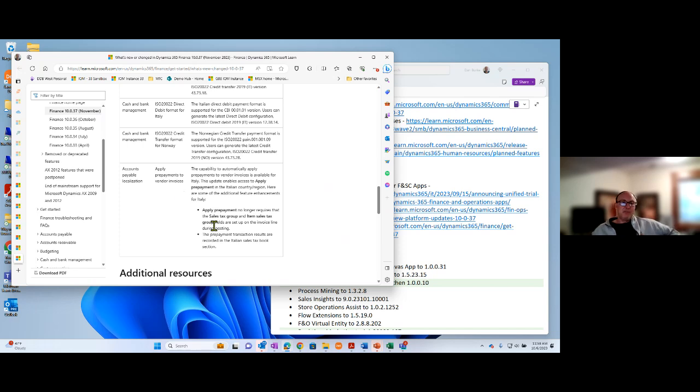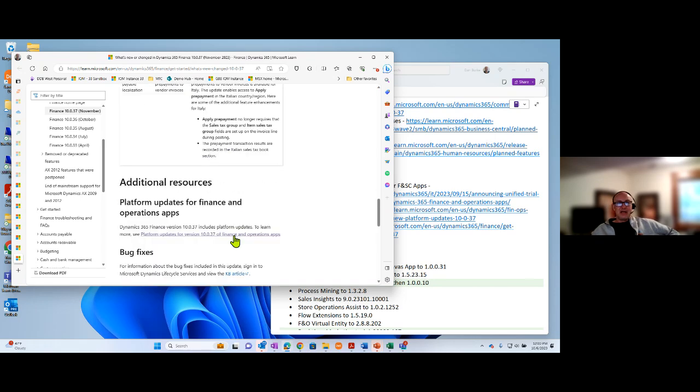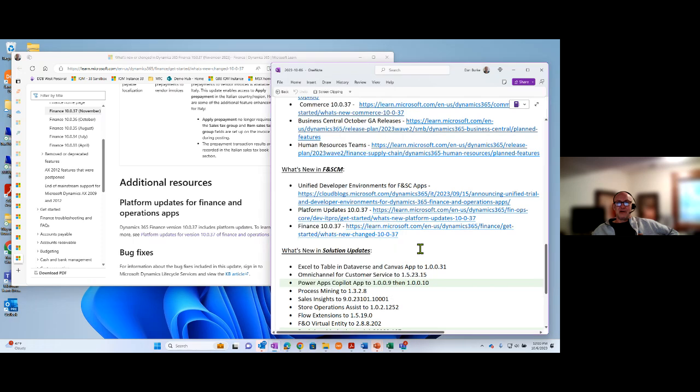Now, applying the prepayment no longer requires that the sales tax group and item tax group fields are set on the invoice line, because this is a prepayment, and you're not going to do that until it is actually fully shipped or paid, right? And remember, you have the groups for this, like the item tax versus the sales tax is what is really going to be for the real tax. And the prepayment transaction results are recorded in the Italian sales book tax section, so they can report on that at the time. So again, for a big update like 10.0.37, not a ton of stuff going on,